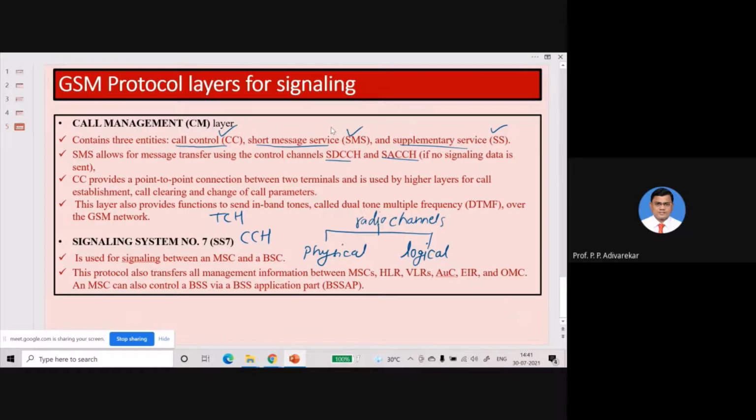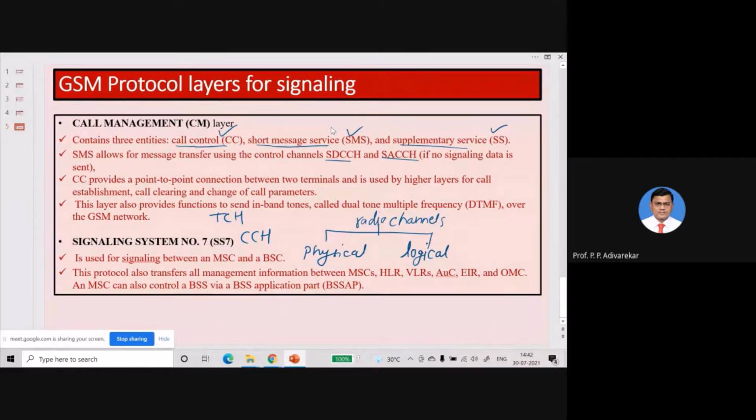So establishment, maintenance, and release is done by CC.